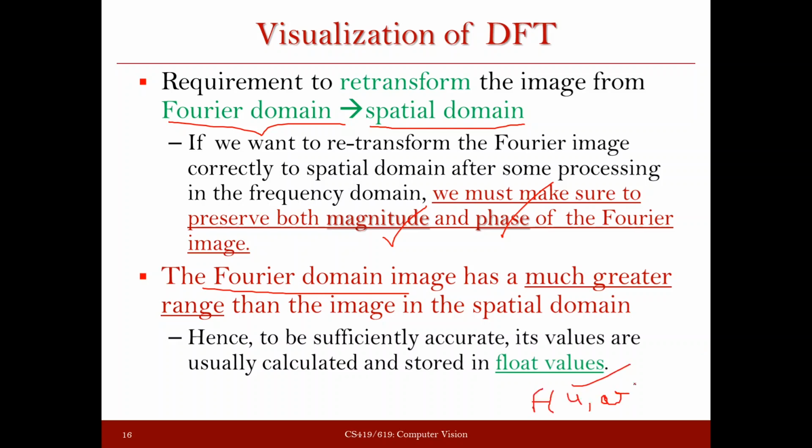If you compare the values of f(x,y) and F(u,v), f(x,y) was always an integer. If you're talking about images, f(x,y) was the intensity or gray value, so if your image has intensity between 0 and 255, it was some value between 0 and 255. But whatever F(u,v) you get is normally going to be a floating value. And x, y and u, v are both going to be integers because they are indices.